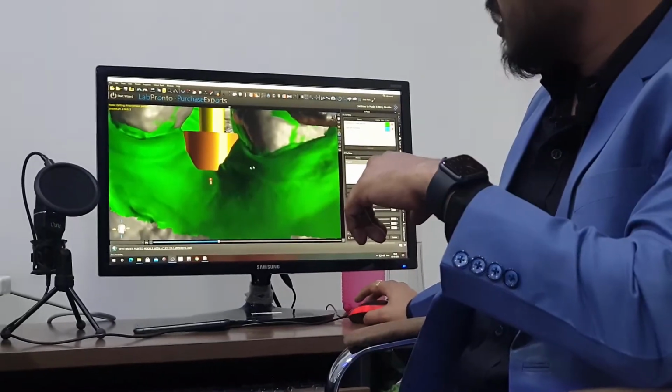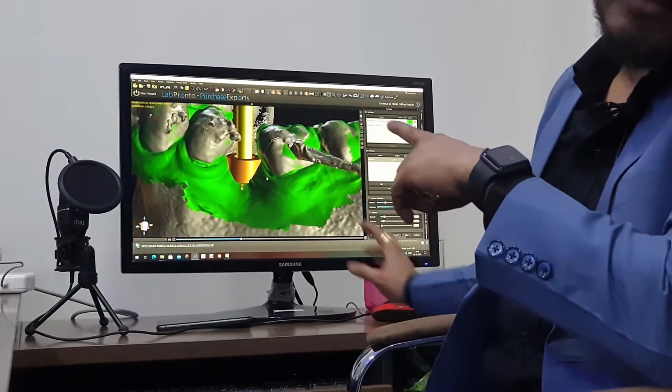If this guide tube is interacting with the tissue, that means you will need to reflect the tissue. So it depends on how you are planning your case. Now you will ask me why this tube is engaging with the soft tissue. It is engaging just because of the total length of the drill. The longer drill you have, the more this guide tube will avoid contact with the soft tissue.